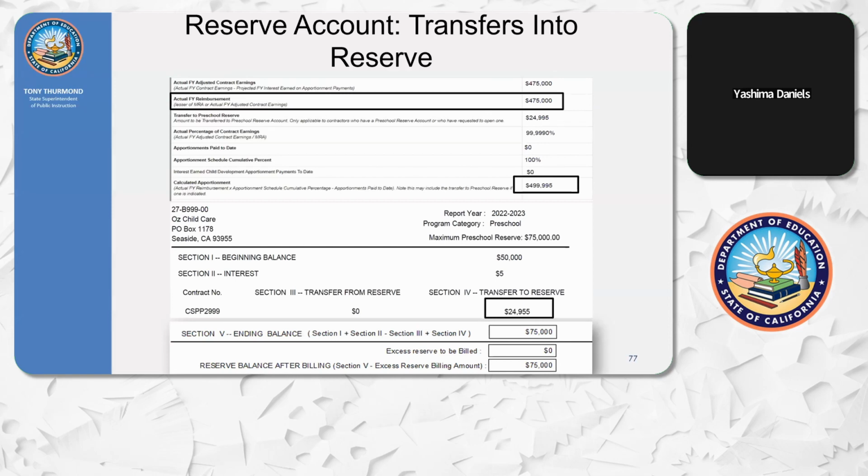However, if you remember on the previous slide, the reserve account is capped within the contract MRA and then capped again at the reserve account maximum, which is 15% of the MRA. So if you take note at the right-hand corner of the reserve account status report, you will see that the reserve has a maximum cap of $75,000. Because there was a previous balance of $50,000, which we can see in section 1 as the beginning balance, as well as $5 in interest in section 2, the $24,995 is calculated to be transferred to the reserve, which is going to take this agency to its maximum reserve